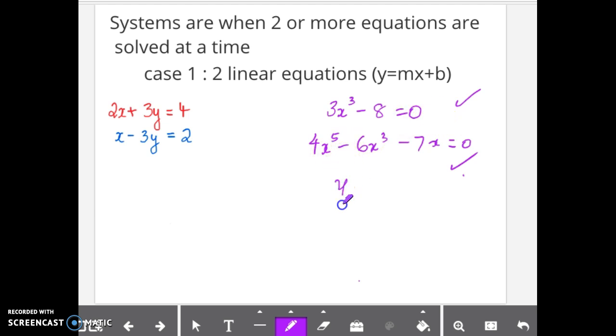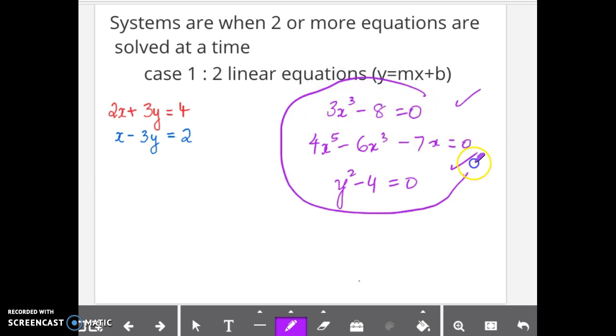Or maybe we could have an equation like y squared minus 4 equal to 0, but there's only one variable in here and that's y. In this equation, you only have one type of variable. So all of these equations, you can solve one equation at a time because each has only one variable in it. So here, if I gave you only 2x plus 3y is equal to 4, I won't be able